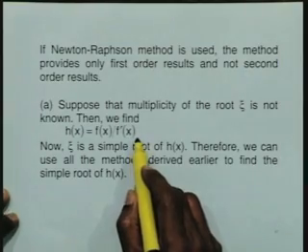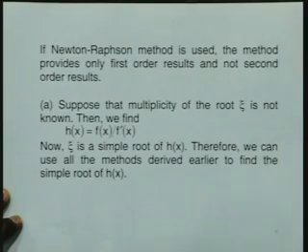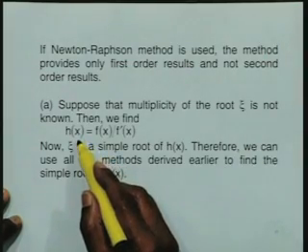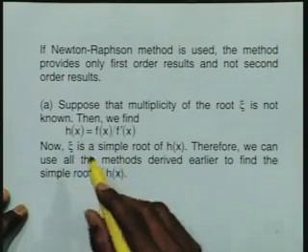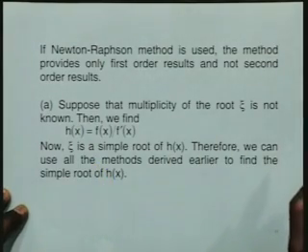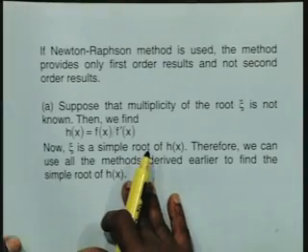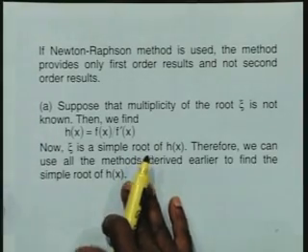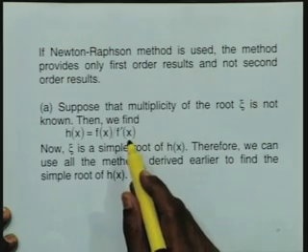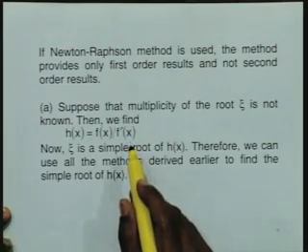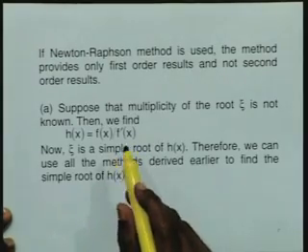Since this h x has a simple root, I can use the Newton-Raphson, secant, or any method, such as the Chebyshev method, on h x, which will produce the required result of the same order as we are claiming. Therefore, I can use the secant method, the Newton-Raphson method and all the other methods. I think we will stop at this today. But why do we need new, modified methods if I can use this approach? We shall show that yes, we can use it, but you will have to spend a little bit more computational cost.